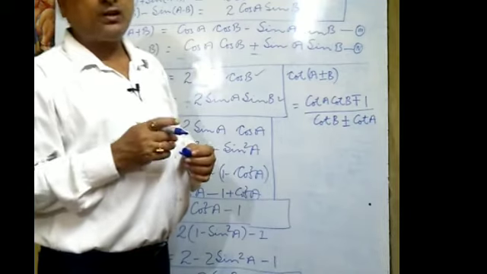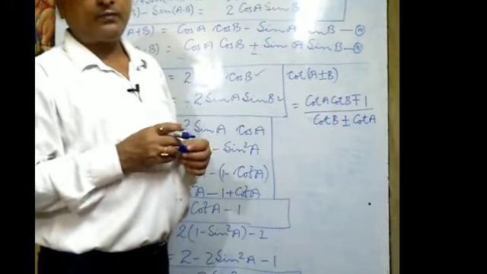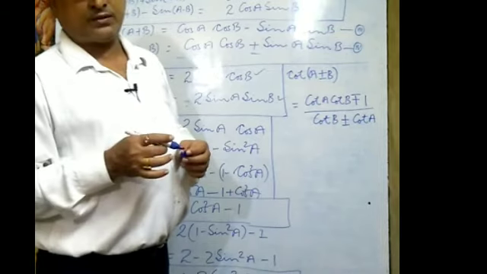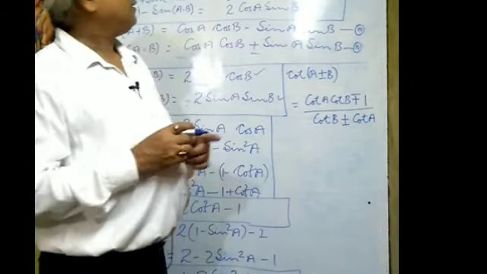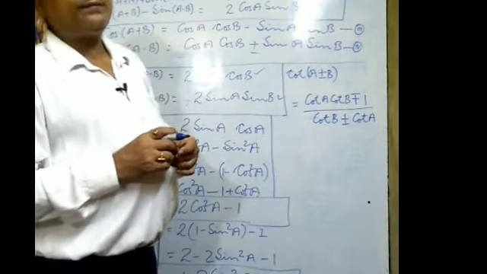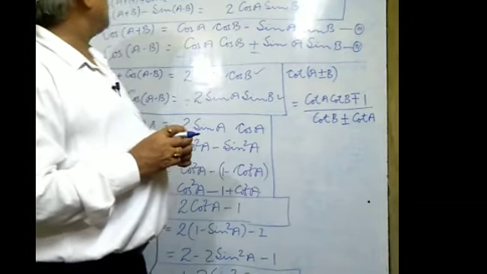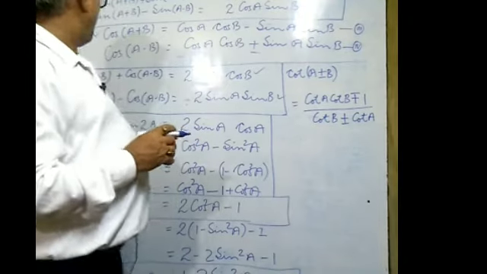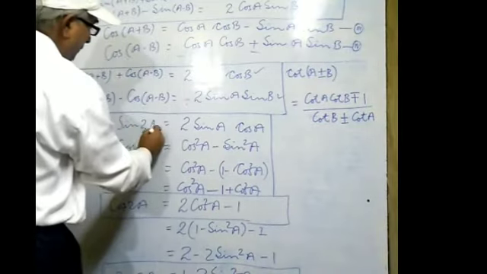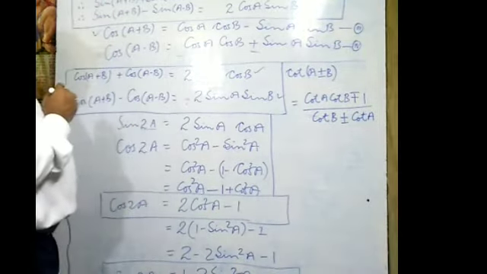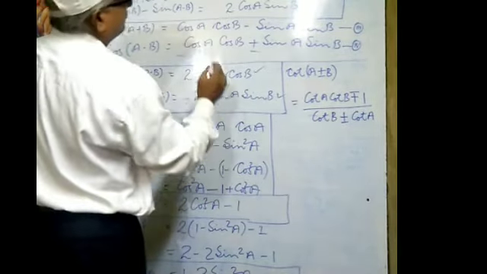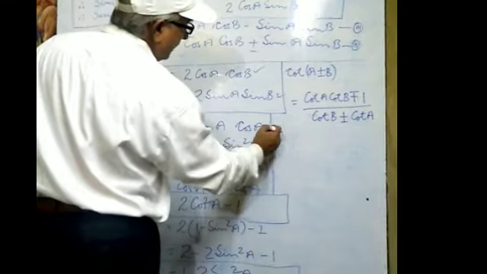If both terms are repeated and we are going to add, suppose x and x are to be added, it will become twice of x. In the same way, both terms are the same and both are added, so it will be twice of sin A cos A. It means sine of twice A is, in another form, 2 sin A cos A. This is identity number 5.